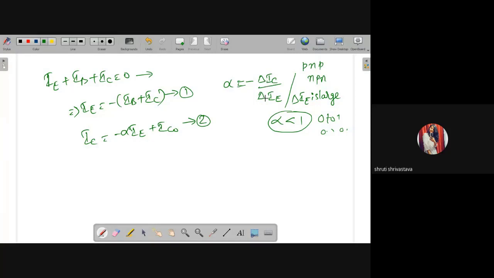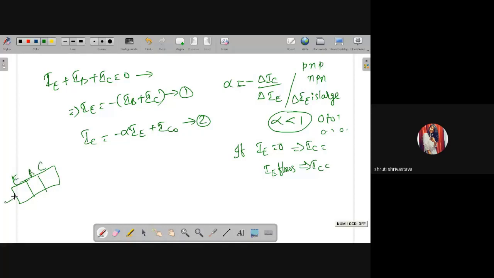So the change in collector current, the change in emitter current. Emitter current is the current that is responsible when the emitter emits the electrons, and collector current is the one that is responsible when the collector collects the emitted carriers. So let us assume the minimum and maximum value of IE. For the minimum value, if IE is equal to 0, let us calculate IC. Suppose if IE flows, then what will be my IC? For that, let us consider the previous diagram.